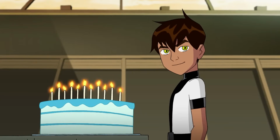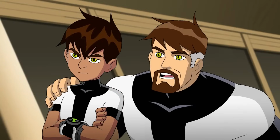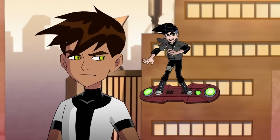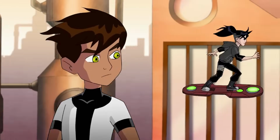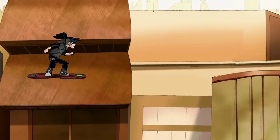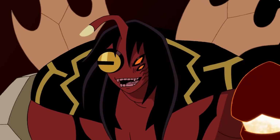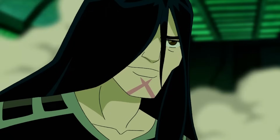On Ken's 10th birthday, Ben gives him his very own Omnitrix. Ben must come to learn to trust Ken with the power of the Omnitrix. Along the way, Ken befriends a kid named Devlin. Devlin turns out to be Kevin 11's son and was merely using Ken so he could break his dad out